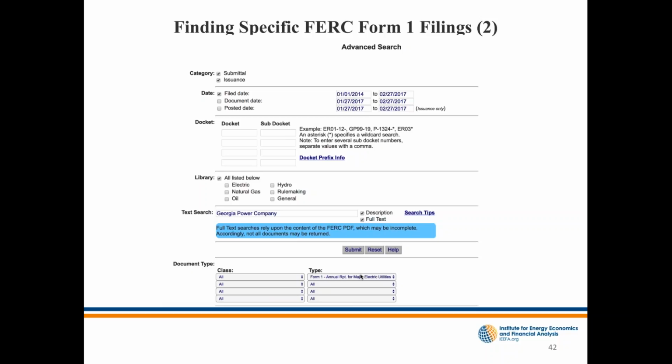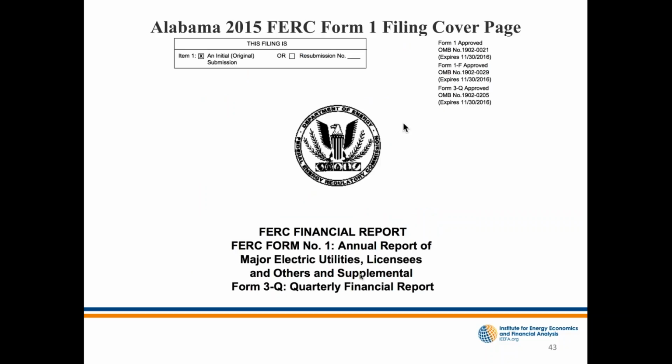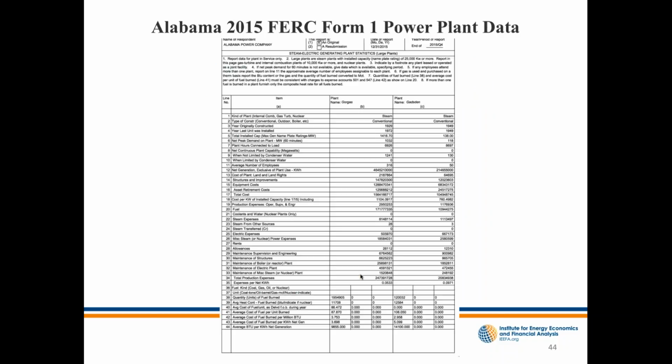And then when you click on that PDF, it will open up a page like this. This one is for the Alabama Power Company, which is a sister of Georgia Power. It's got hundreds of pages of data. The only page I'm really going to focus on today is, I believe, page 402. You can see you'll have a wide range of data for the preceding year. The one we're looking at was filed in late March, early April of 2016